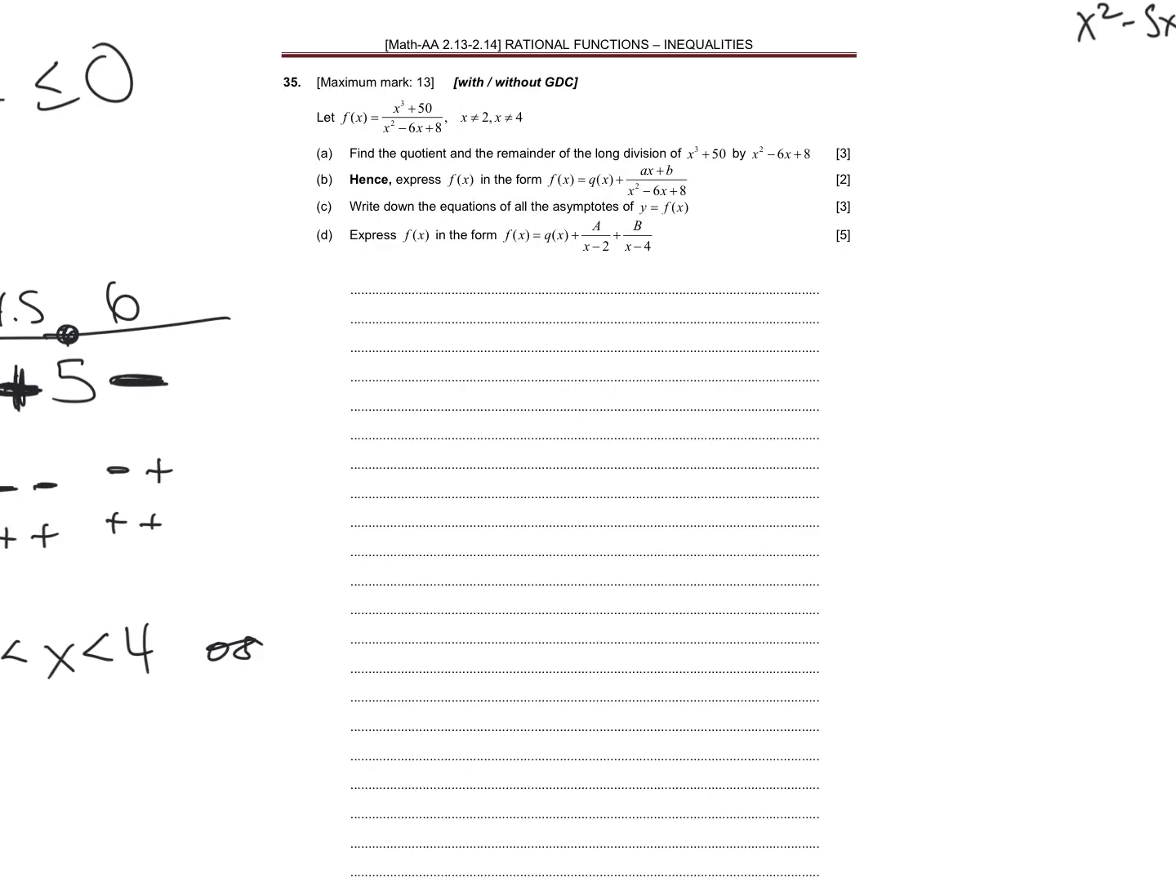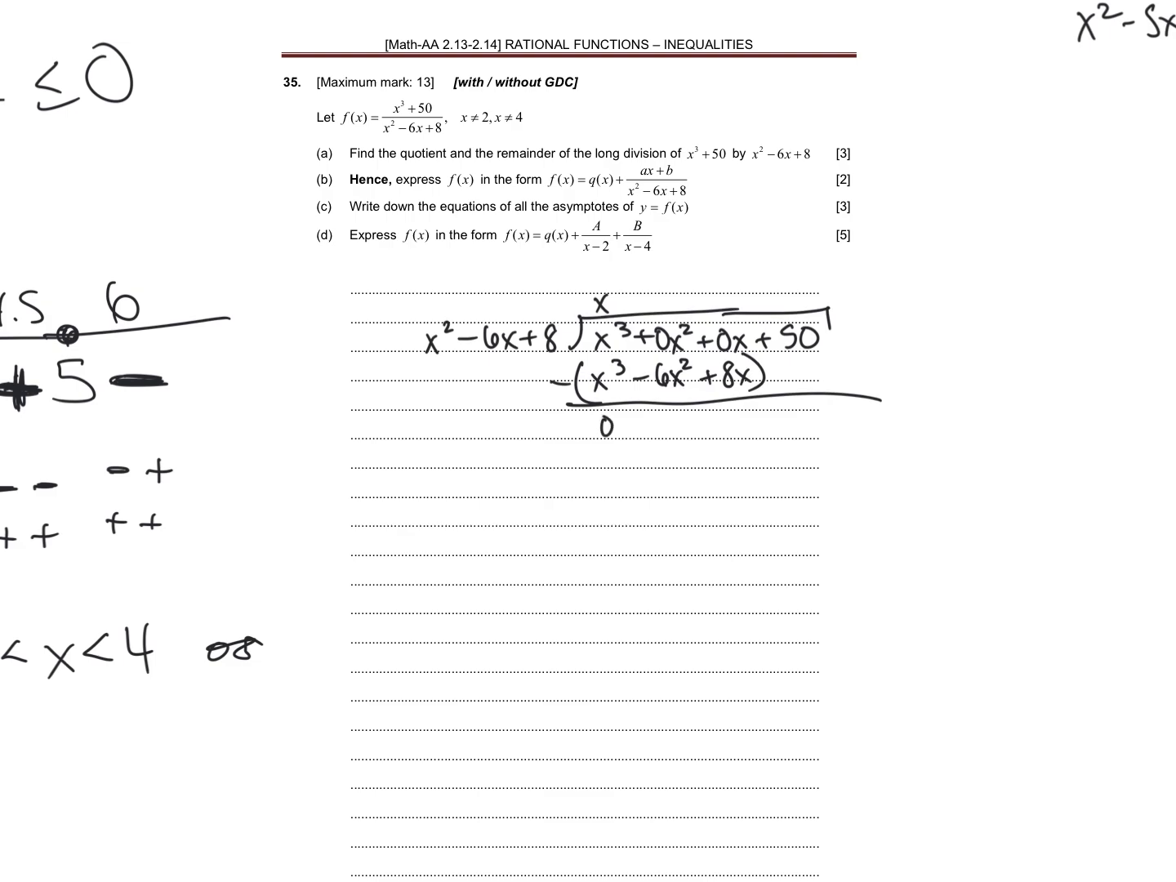Okay, last one. Find the quotient and the remainder of long division. So we've got x squared minus 6x plus 8 into x cubed plus 0x squared plus 0x plus 50. So x, and that's x cubed minus 6x squared plus 8x, subtract. So 0, positive 6x squared, negative 8x, bring down the 50. So negative 6x, so this is going to be plus,